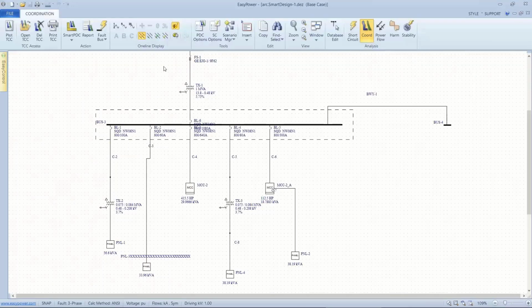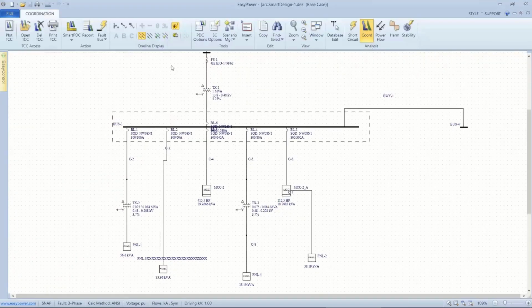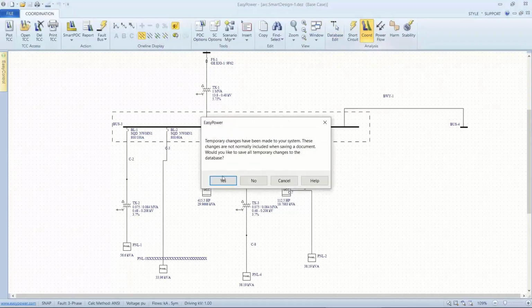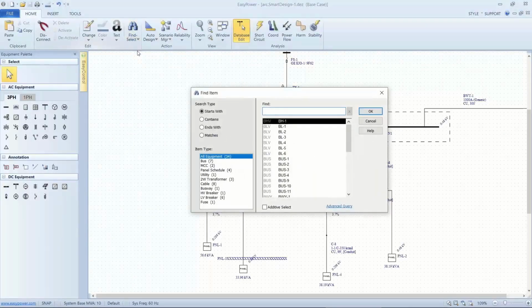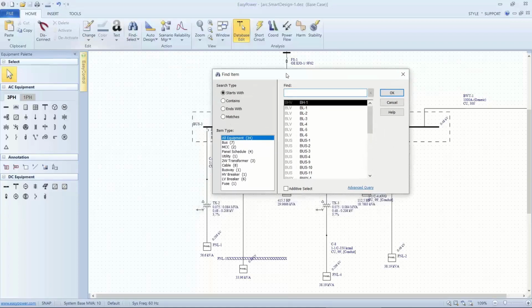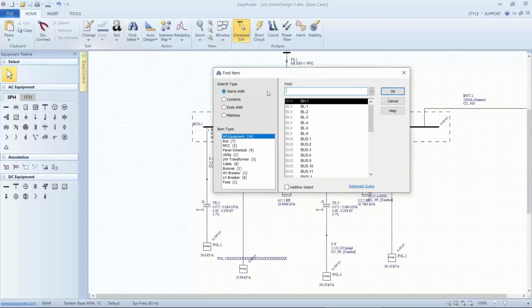Okay, there's nice changes to the find. So I'm going to go back to database edit. Let's go ahead and save the changes we've done so far. For those of you that use find, this I think will improve your capabilities. Those of you that don't, I think you need to pay attention, because this is an excellent way to navigate on large systems. So find now, I can make a search selection with any alphanumeric that the element starts with,